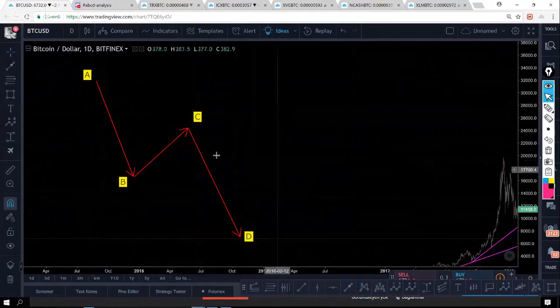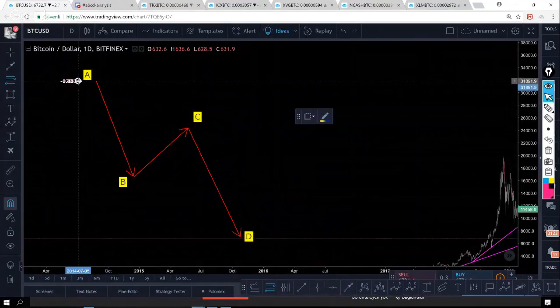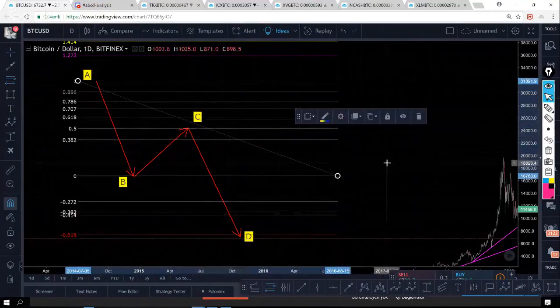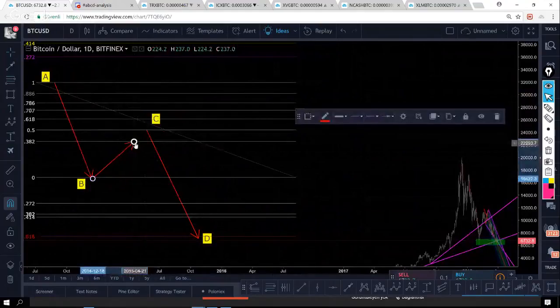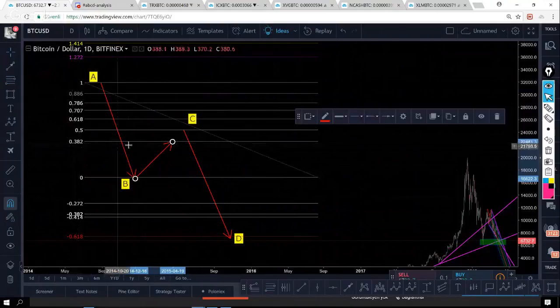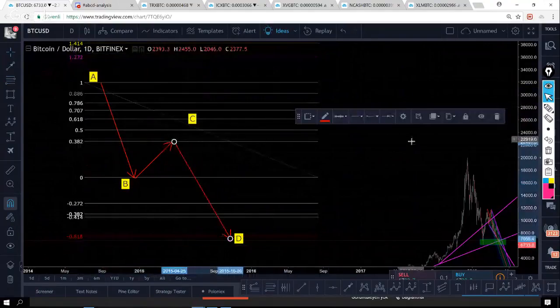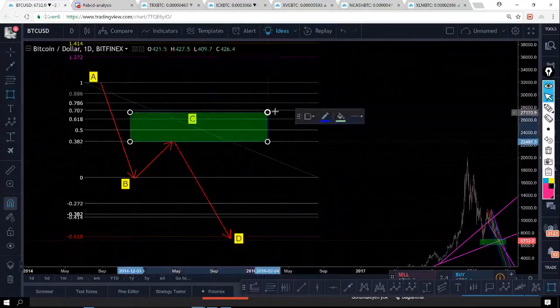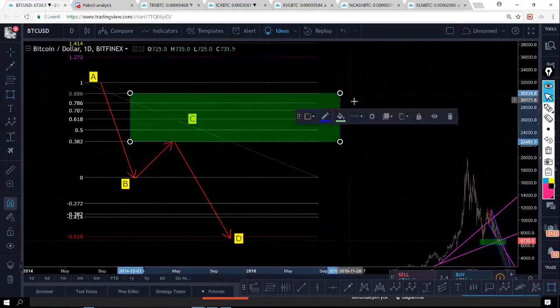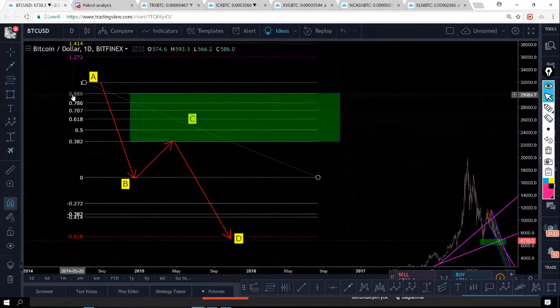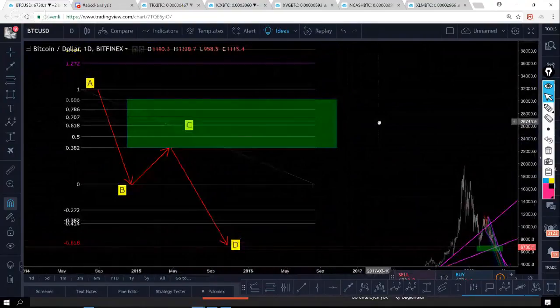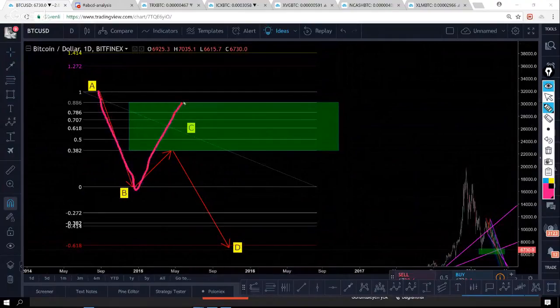Here is the basic of ABCD, guys, and I want to check where this C is, and when I trade, at least I look for a 0.38 retracement, at least. And here can be the C retracement. I did not like above 1.8 because there can be a double top pattern, and it can affect the ABCD pattern. Because of that, I don't want to use this zone as ABCD,